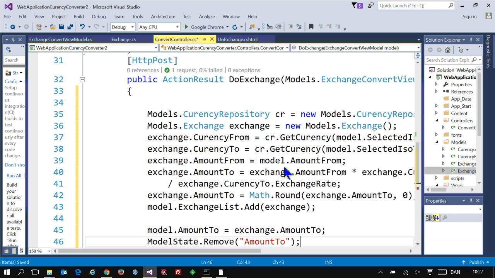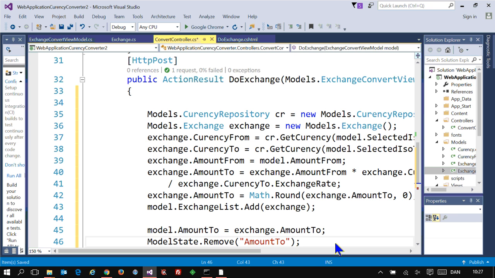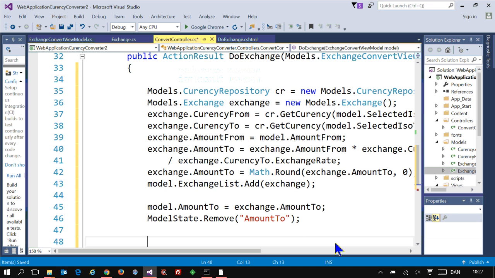So I could probably do something, getting the field name put in as a text instead of doing this one, but now I just put it. I know that if I change this one and I don't change this one, I got a problem. So now it's actually updated. But then I will still have a problem, because I don't have a list for the list boxes, and then it will break down